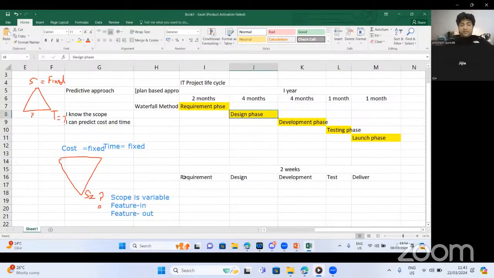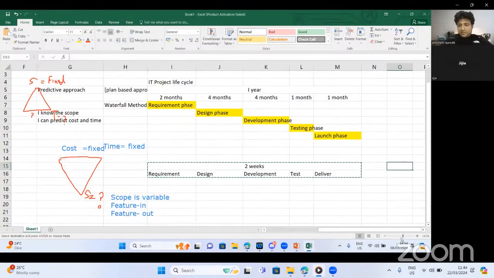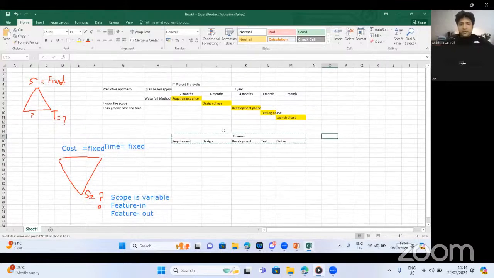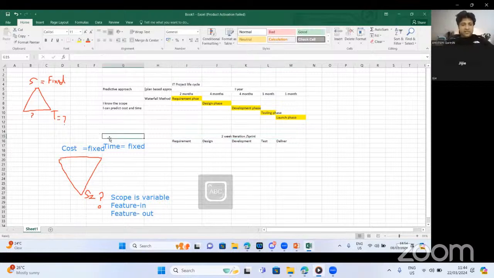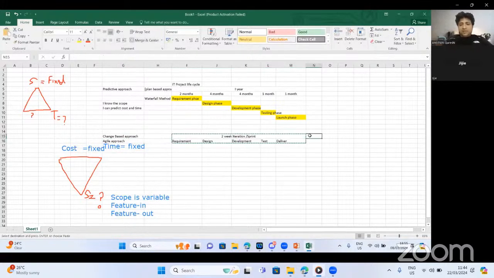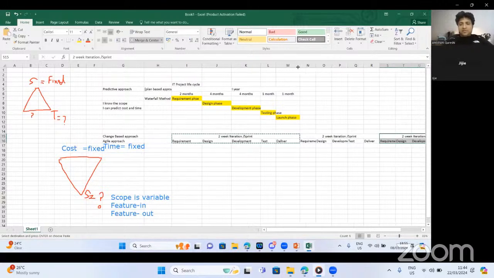But here we are going to repeat this cycle one after another. Now let's make it a short iteration. So we call it a 2-week iteration or a sprint. And this is, guys, this is agile. This is a change-based approach, or agile approach. Okay, and we are going to repeat it again and again: iteration 1, iteration 2, iteration 3,